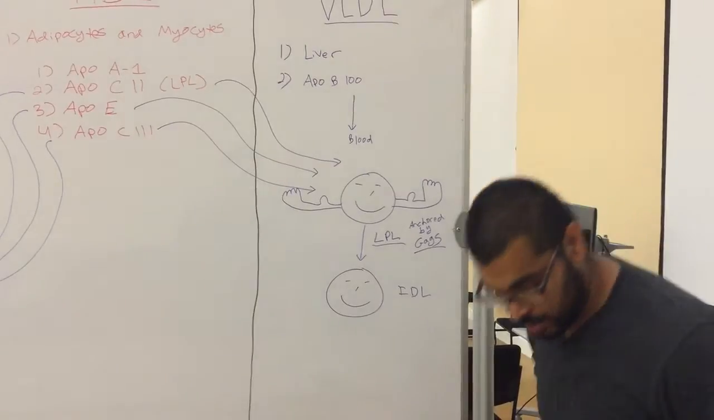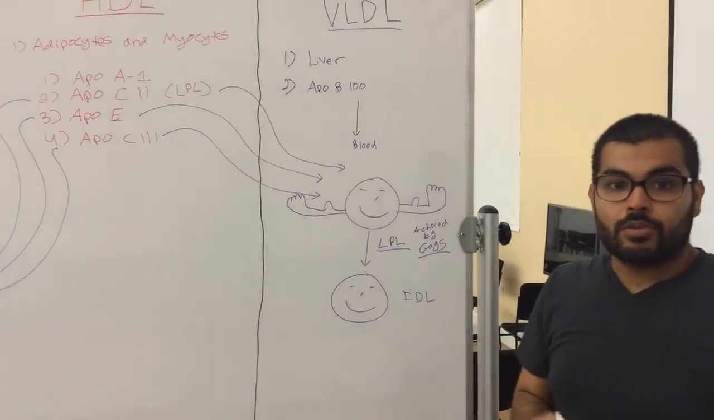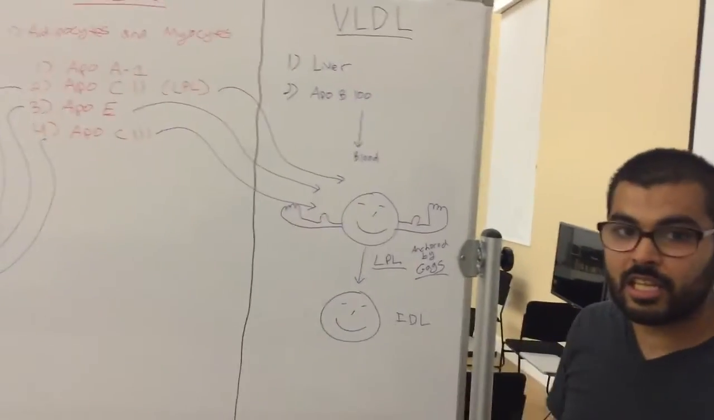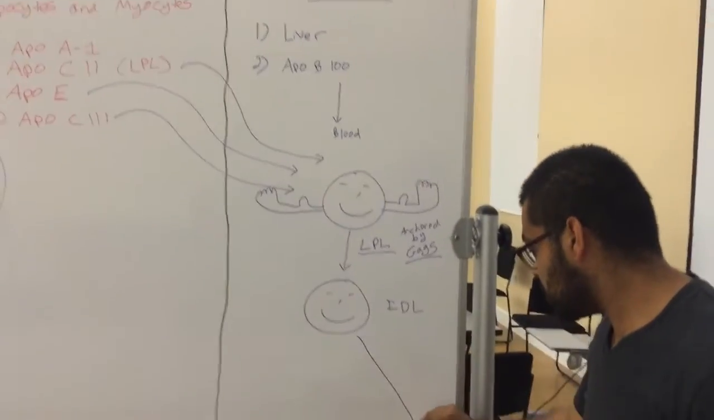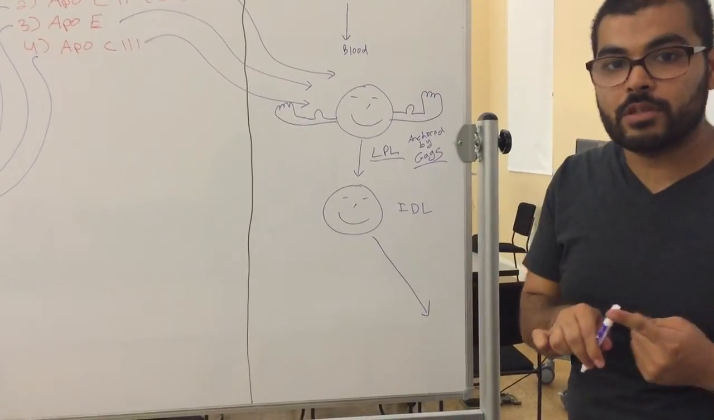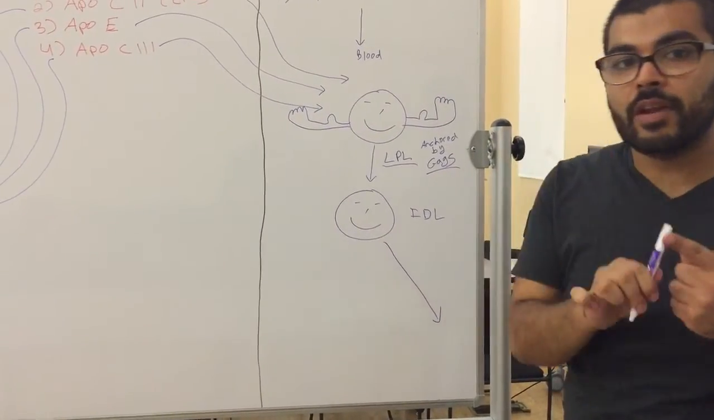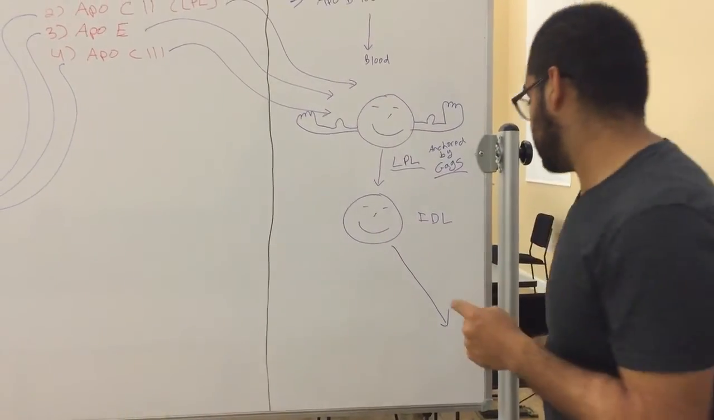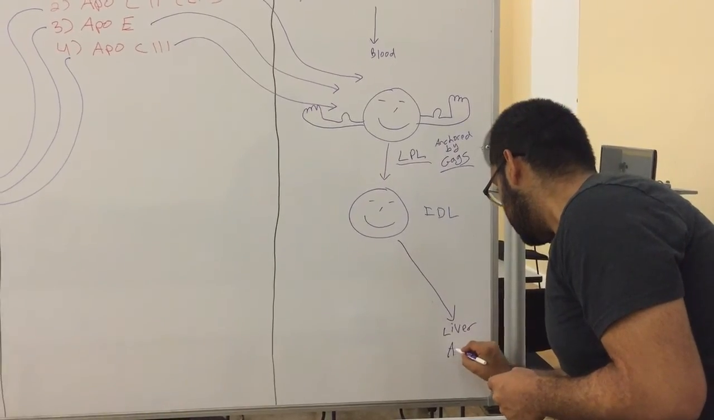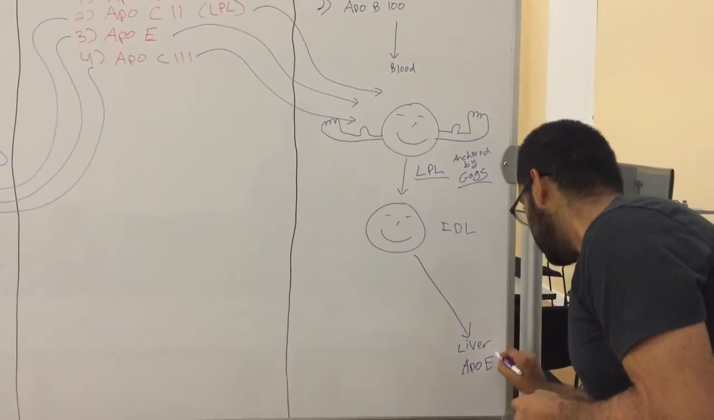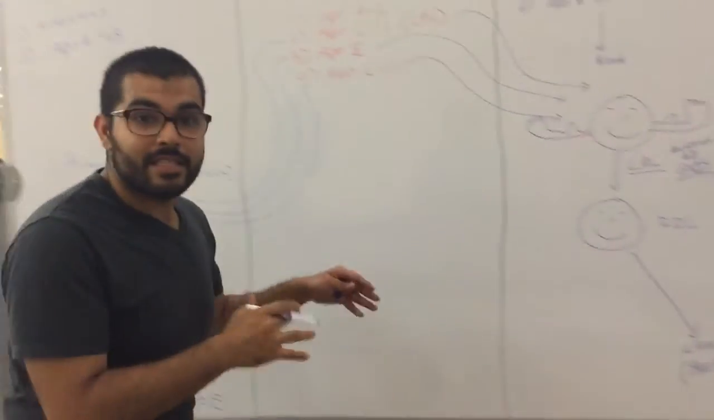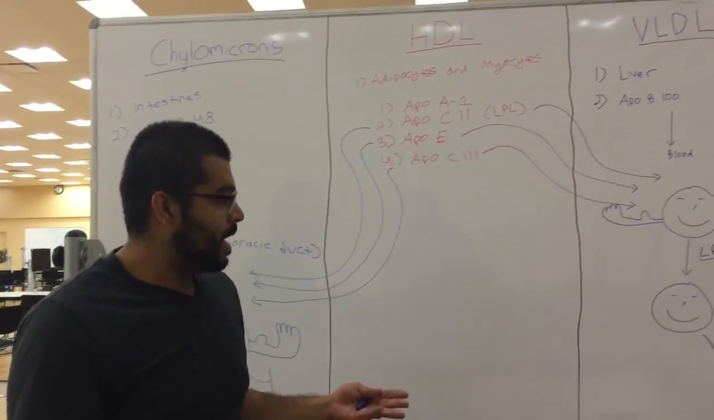Now, IDL. Two things can happen to it. Let's start off with the easy one. IDL is a remnant of VLDL. So it will go to the liver and be taken up by your remnant receptors. And what did I say about remnant receptors? They recognize ApoE. Perfect, right? Now, let's look at the second thing that can happen. As it goes near